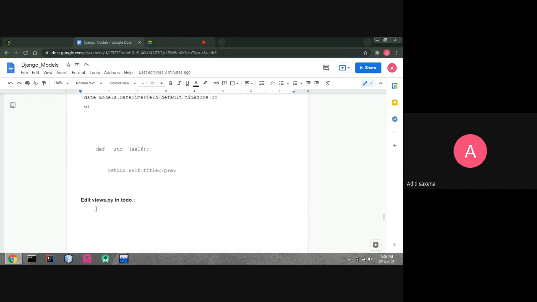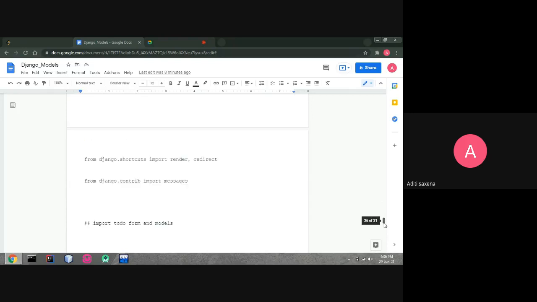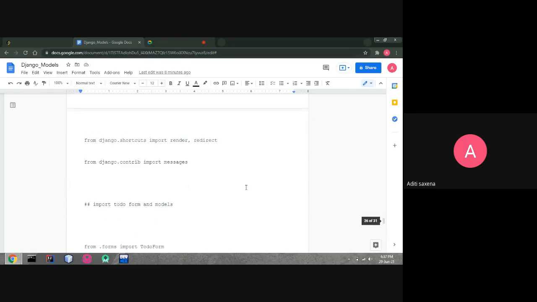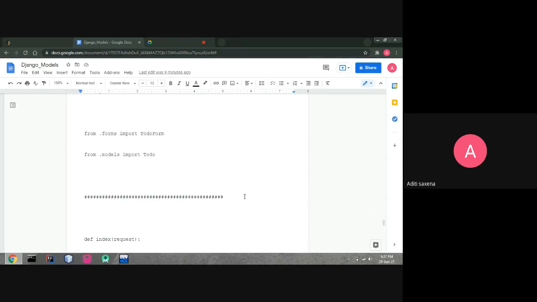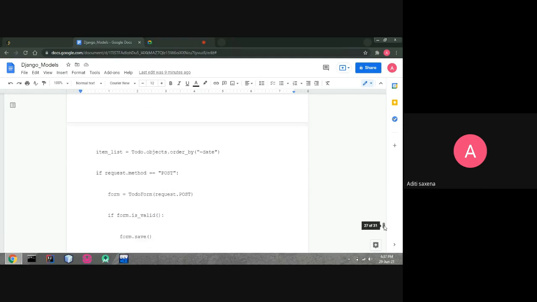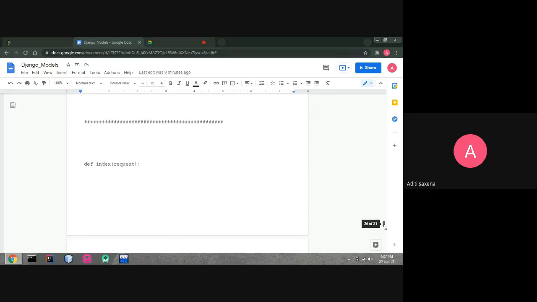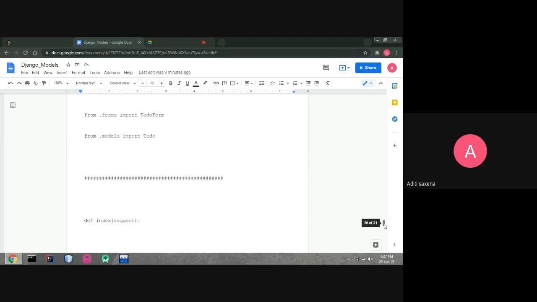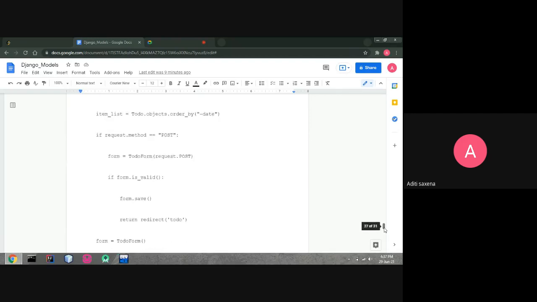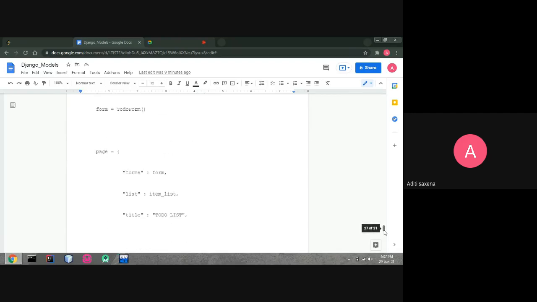and what it will return in the output, it will return the titles. So now we go to views.py, because we want to display whatever output we want to see, means what is the structure. So we go into the views file, we imported the to do form and to do app. Now here we have created the views definition, index, and something like what the index page should look like.